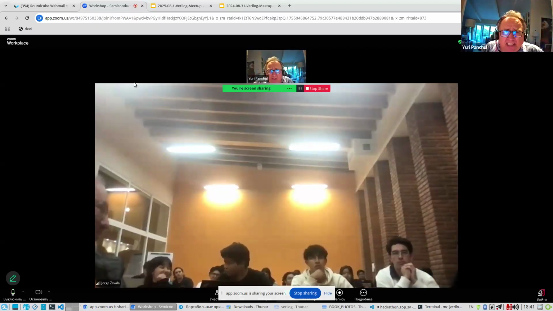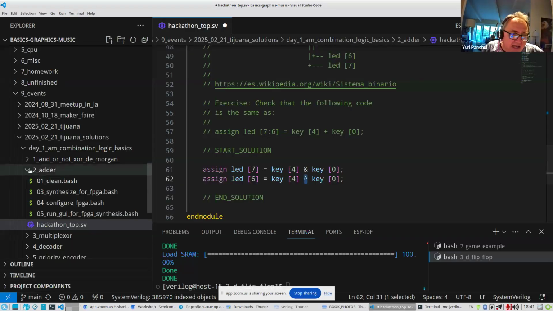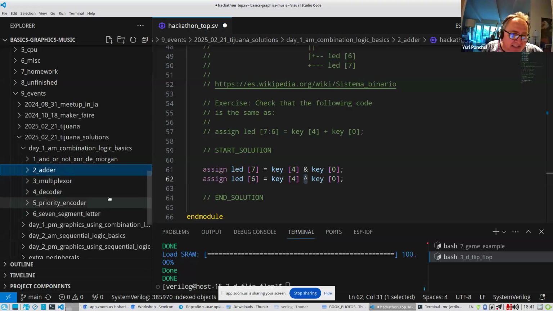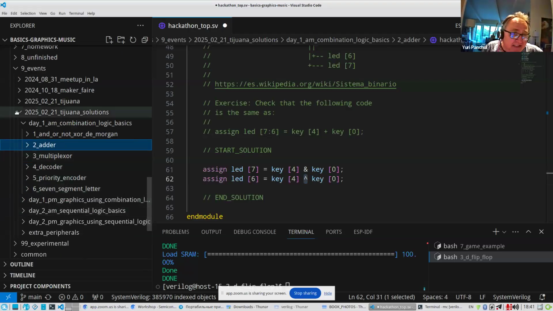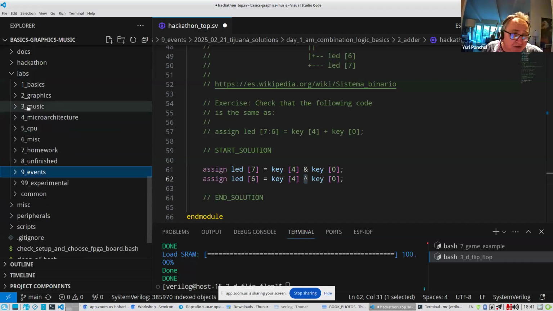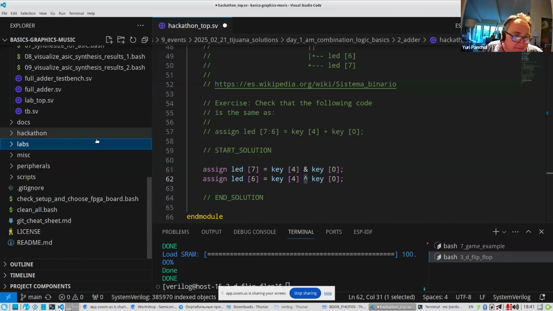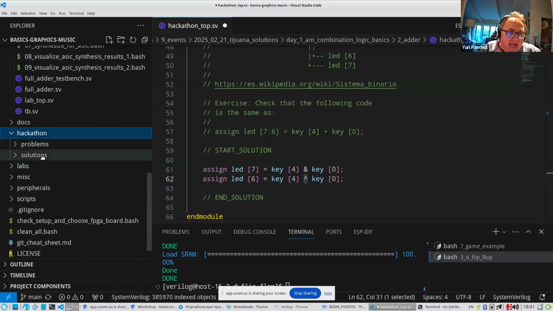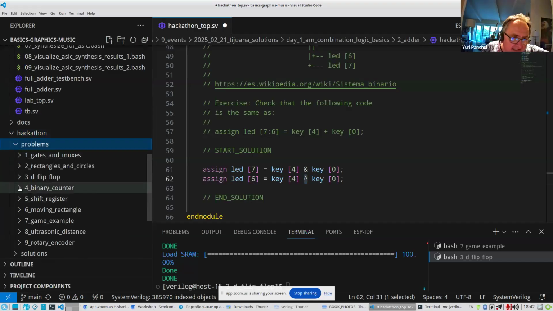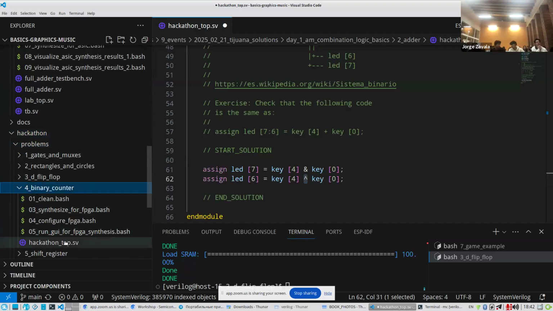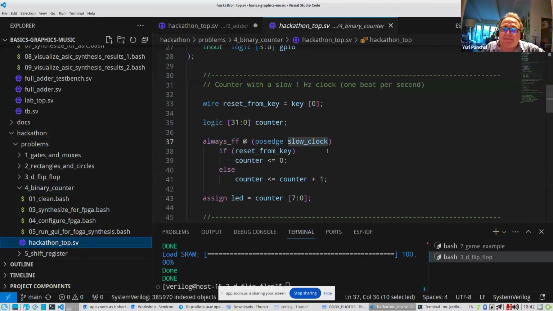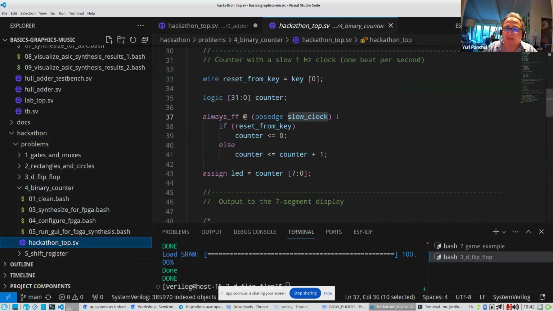So the first exercise we are going to do is, yesterday you were running a counter. So let's go back to the counter again, and let's get a binary counter code. Here is a simple counter which is controlled by a slow clock.